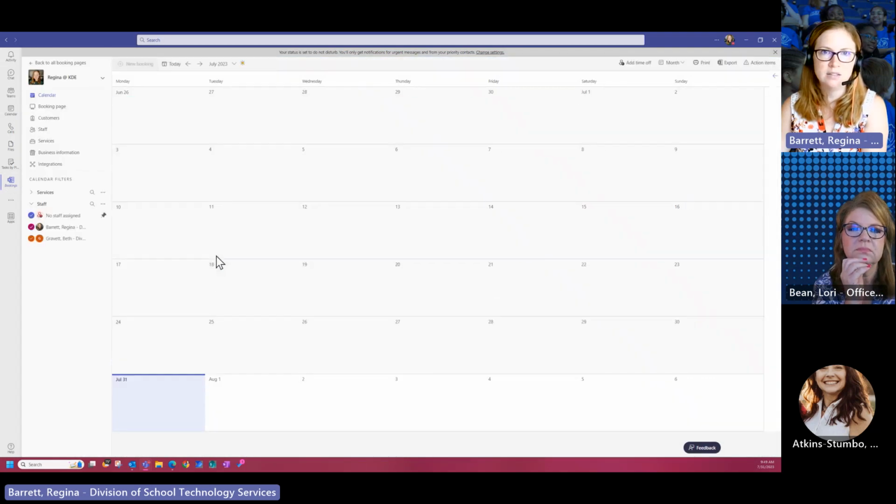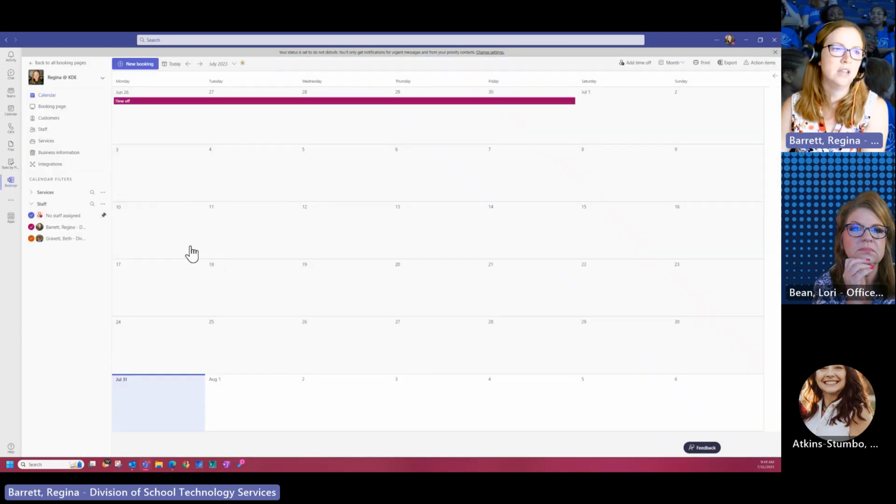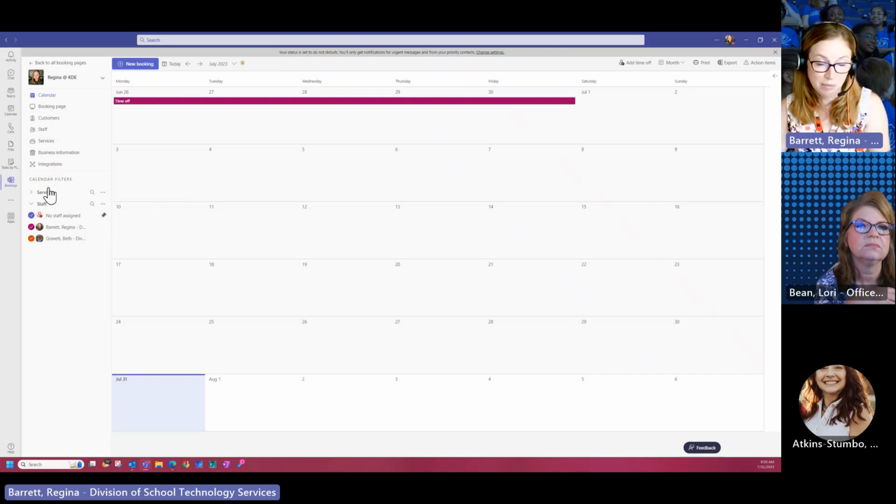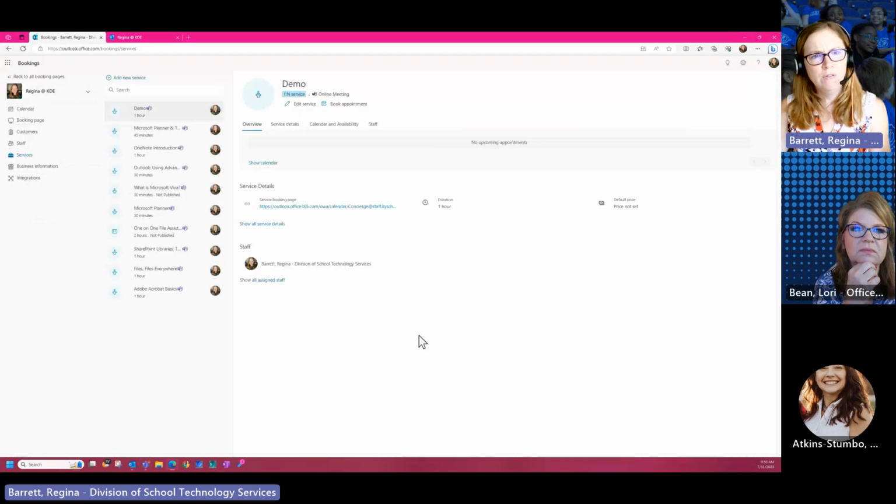And then Microsoft has now changed it so you have the same experience here as you do in the browser. It used to be that if you wanted to look at it in Outlook or in Teams, all you could see was a calendar. You couldn't do anything with it except look at it. But now it's the same experience regardless of where you access it. So now it's just a matter of your preference. But that's a quick overview of Bookings.